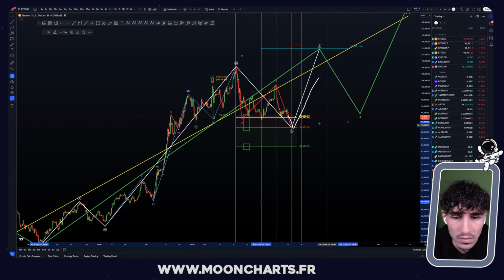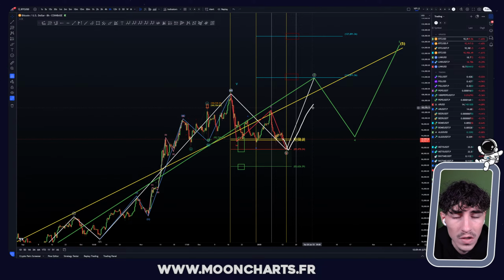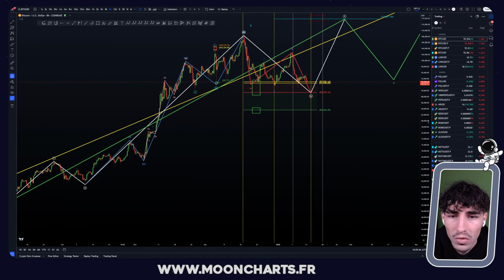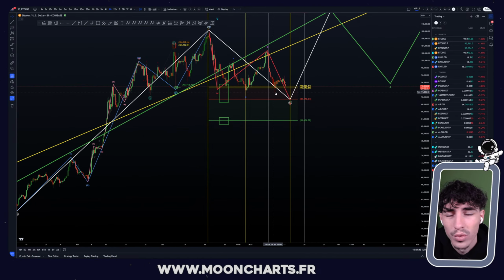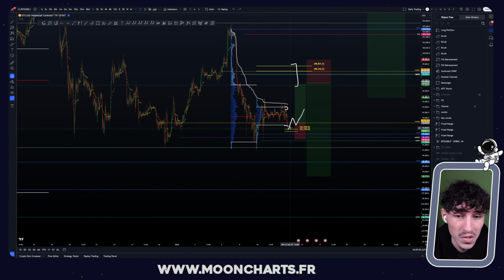Okay, for now the bottom is here, so we can look for this price above here. If we have to make the wave 5 directly, we're already aware of it, but it would be cool to make one more new low. Also because we have a pull low here, that would be cool to take. So the plan is really the same on Bitcoin, waiting for lower price. This is a possible long trade setup.